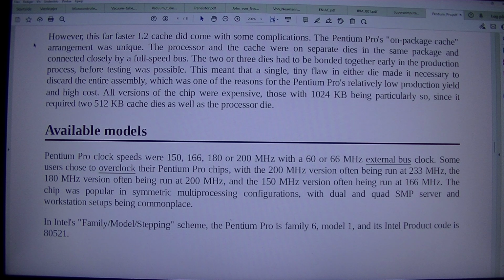The Pentium Pro's on-package cache arrangement was unique. The processor and the cache were on separate dies in the same package and connected closely by a full-speed bus. The 2 or 3 dies had to be bonded together early in the production process, before testing was possible. This meant that a single, tiny flaw in either die made it necessary